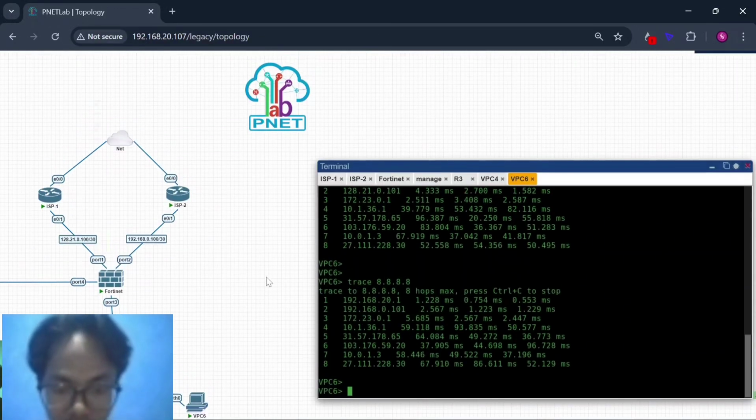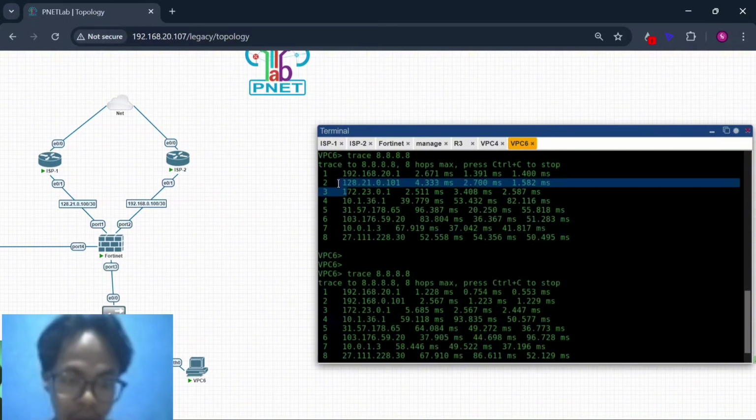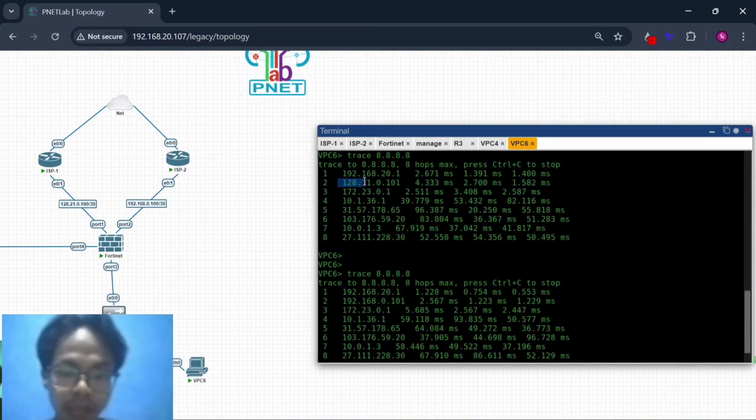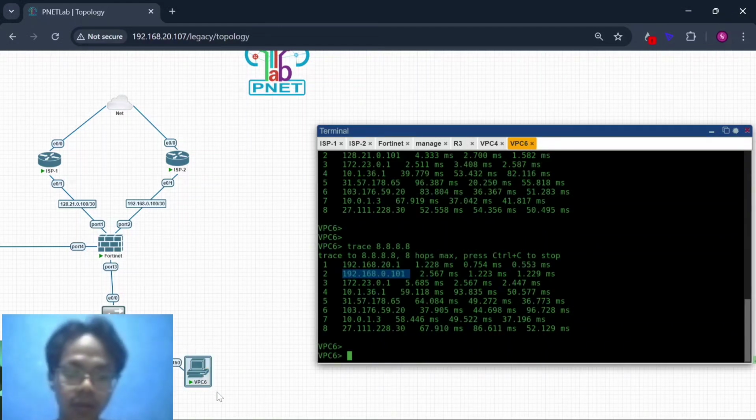This changed from 128.21.0.101, and now it can be 192.168.0.101. This is VPC6 reaching the internet from SP2.